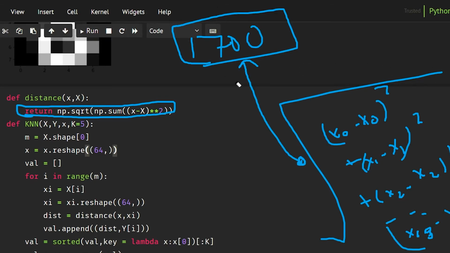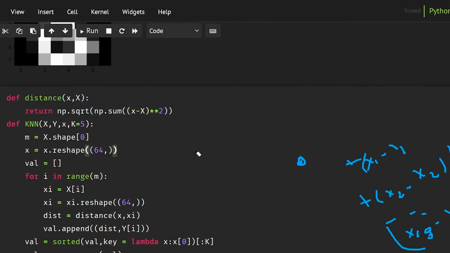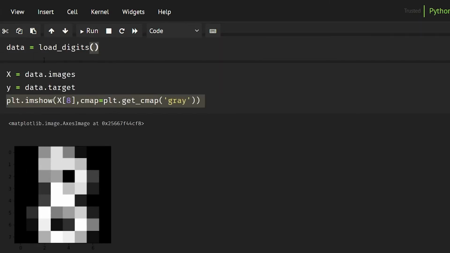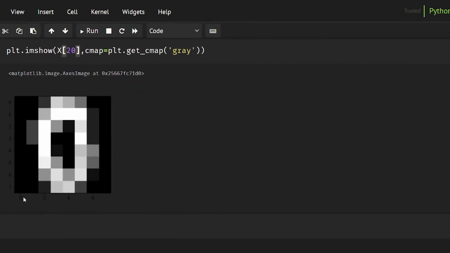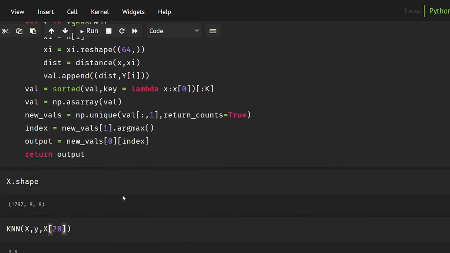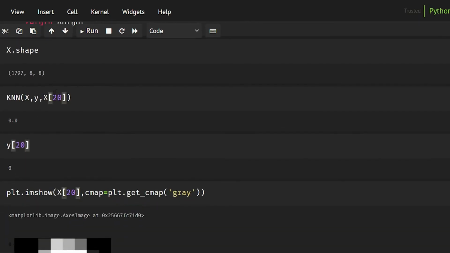So that's why it is very computationally expensive, and it is a good algorithm for beginners, but for major or big projects we do not use this algorithm. As this was it for this video, I hope you understand the disadvantages of this KNN algorithm, but as you can also see, it is very accurate, as in this part our output for every input was correct.